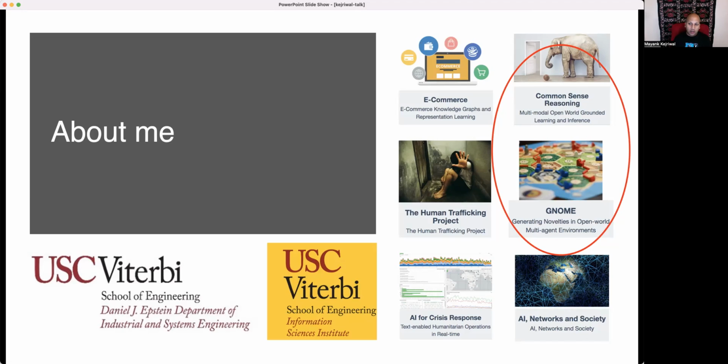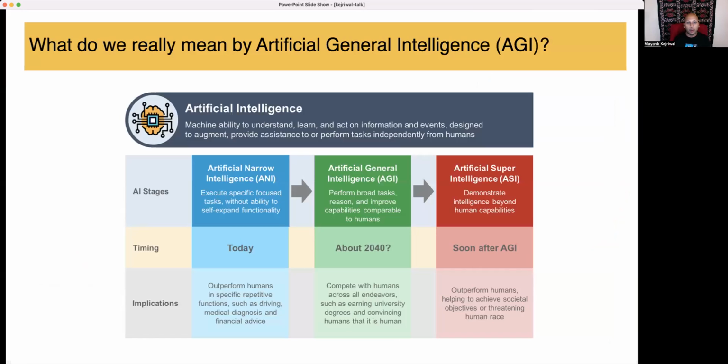The other one, this project called GNOME, is to build models that can react to novelty. So if an unexpected event happens, how do we get the AI to actually react without having to retrain over many millions of samples? What is common to these two projects is that we do believe that we need to look to communities like neuroscience and cognitive science, both to understand what the models are doing, but also to then improve the models. That's my interest in this, and why I was excited to submit an abstract to this symposium.